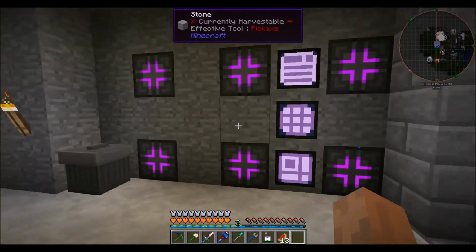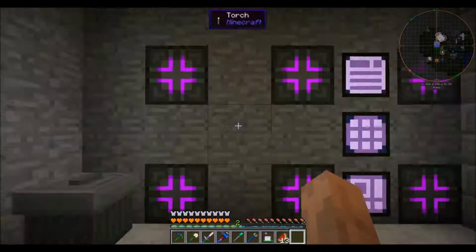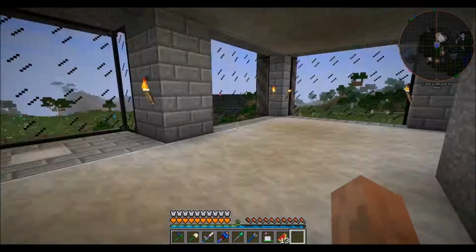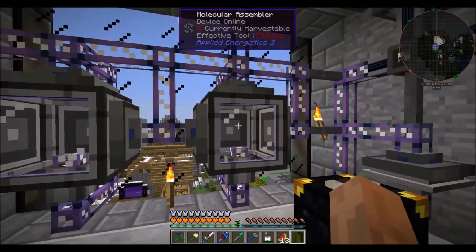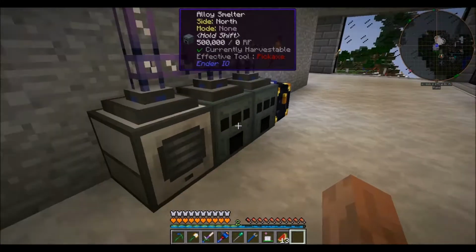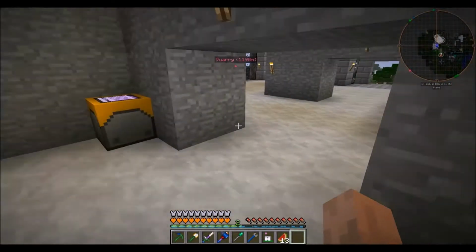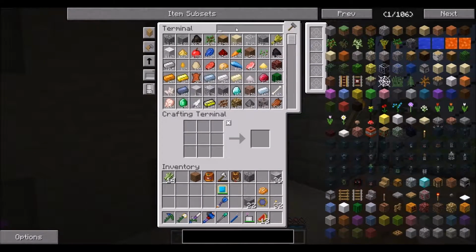This is basically where I do all the automated crafting. I should never have to come to this floor. This floor should be doing all of the molecular assembler stuff and all the automated crafting, smelting and stuff that if I ever want Enderium, I can just request it. Let's say if I do a processor,